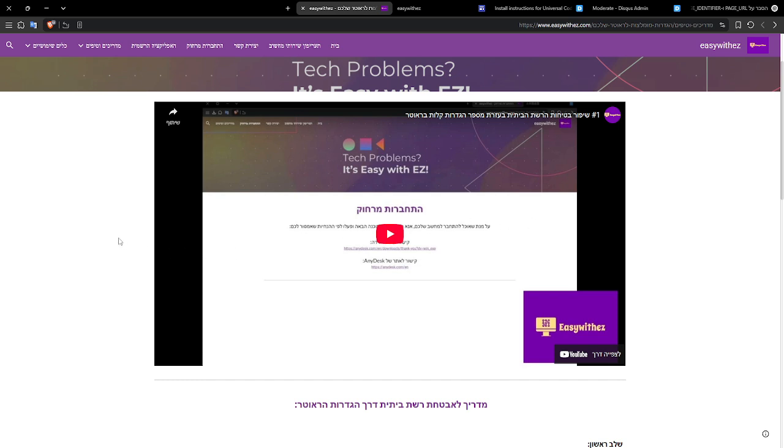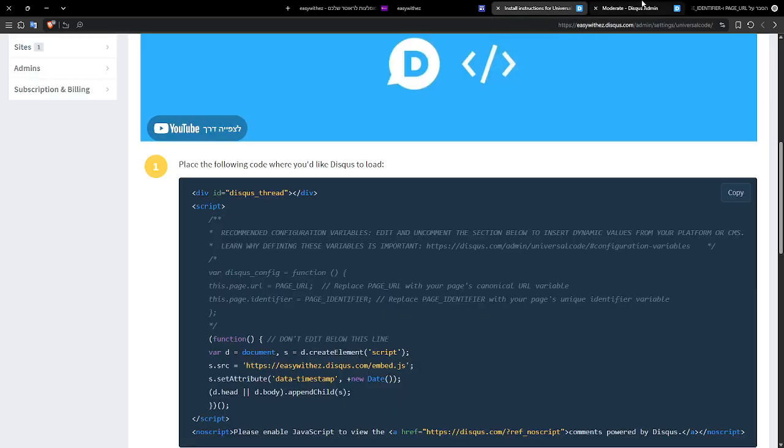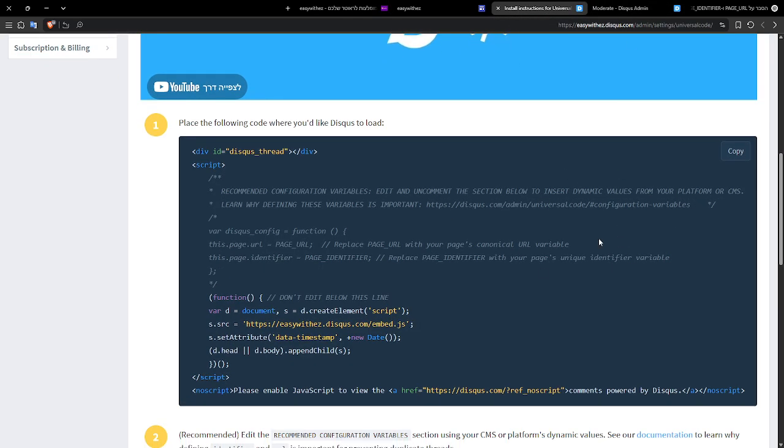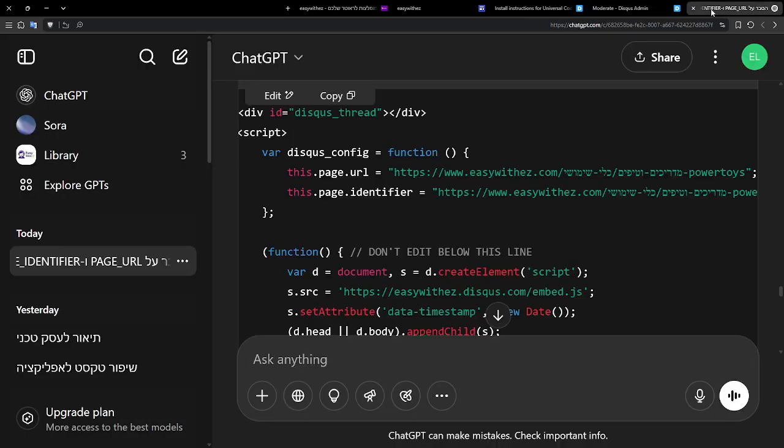So I tried to check why it happened, because I saw a lot of people in the comments and over the internet getting the same issue, but no one posted how to fix it. So the first thing I did was enter the disqus.com knowledge base and try to find the answer, but it was very technical stuff and I'm not a web designer, so it didn't tell me much. So at that point, the only thing that I could think of at this moment is to copy the code with the notes from these guys at disqus.com into ChatGPT, and